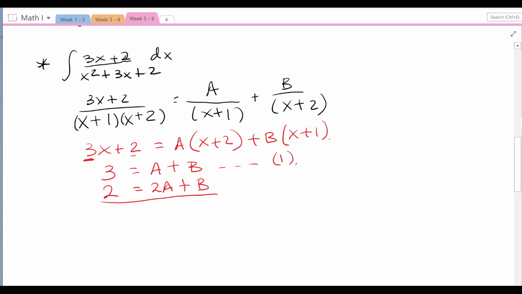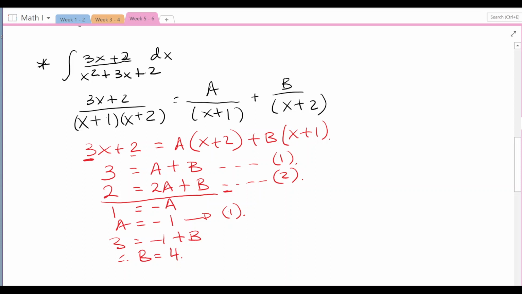So okay, in this case we have two equations now. Second equation, so we have 1b and 1b, we can just subtract it to get rid of the b. Therefore a minus 2a is negative a, and then 3 minus 2 will be equal to 1, therefore from here we have a equals negative 1. Substitute into equation number 1, we have 3 equals negative 1 plus b, therefore b equals 4.